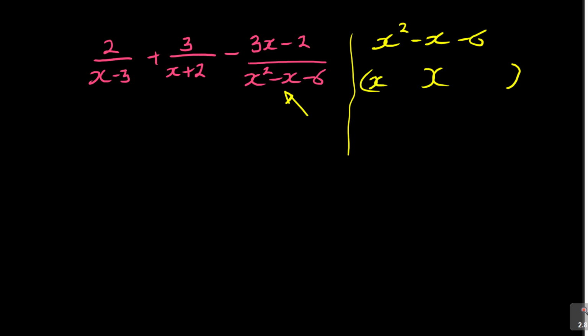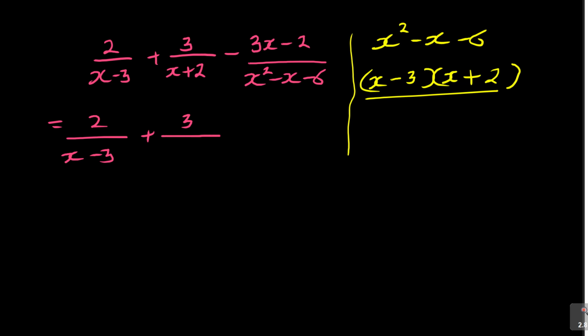So this will be what? This will be my x. What are the factors of 6? 2 and 3, and 5 and 1? The one that works is 2 and 3. So it's 3 and 2, because when I add, I must get minus 1. So minus 3 plus 2 is minus 1. And then when I multiply, I get negative 6. So that's what that means. It looks too fast, but guys, you need to know the concept of factorization, which is equal to, now I can write this as 2 over x minus 3 plus 3 over x plus 2